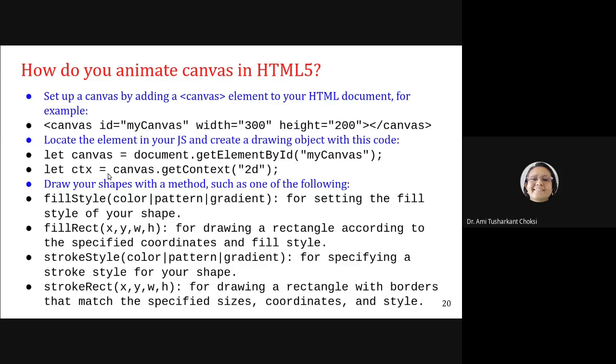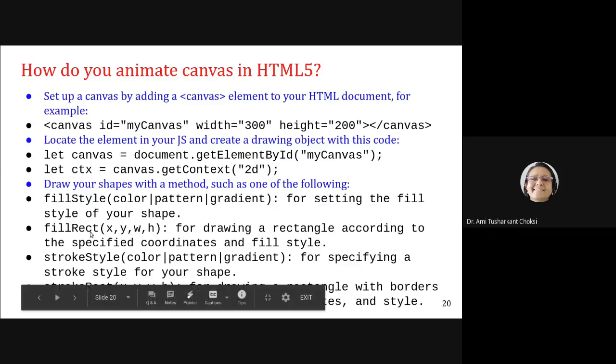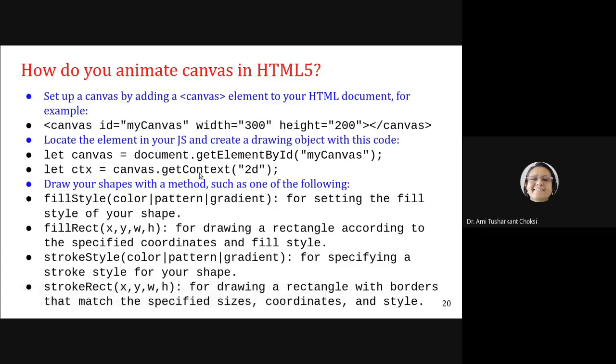After that, we need to get the context of the canvas, that is using let ctx is equal to canvas dot get context of 2D. Then draw your shapes with a method such as one of the following, that is fill style, then after say fill rect, then you can say stroke style, then after stroke rect, right? So using any of these methods, what we do is we draw a particular shape.